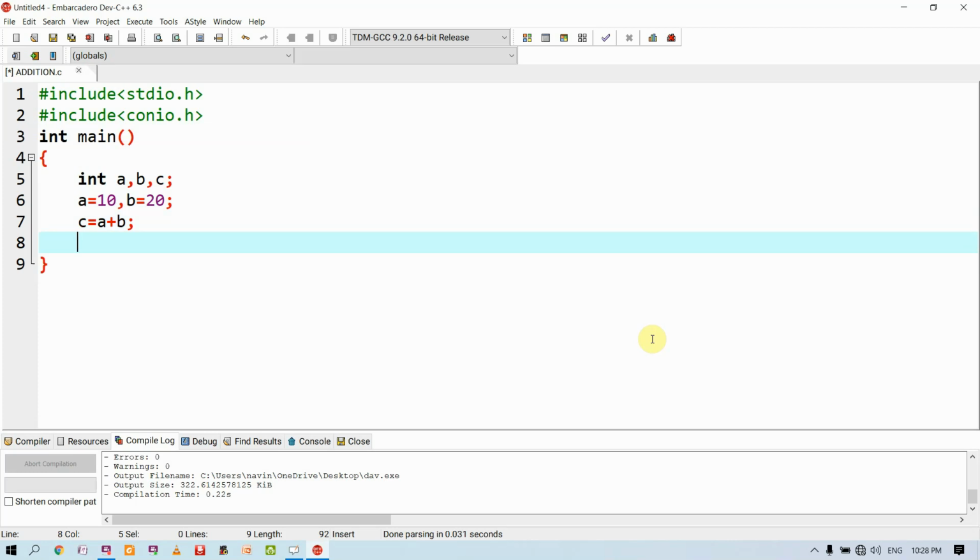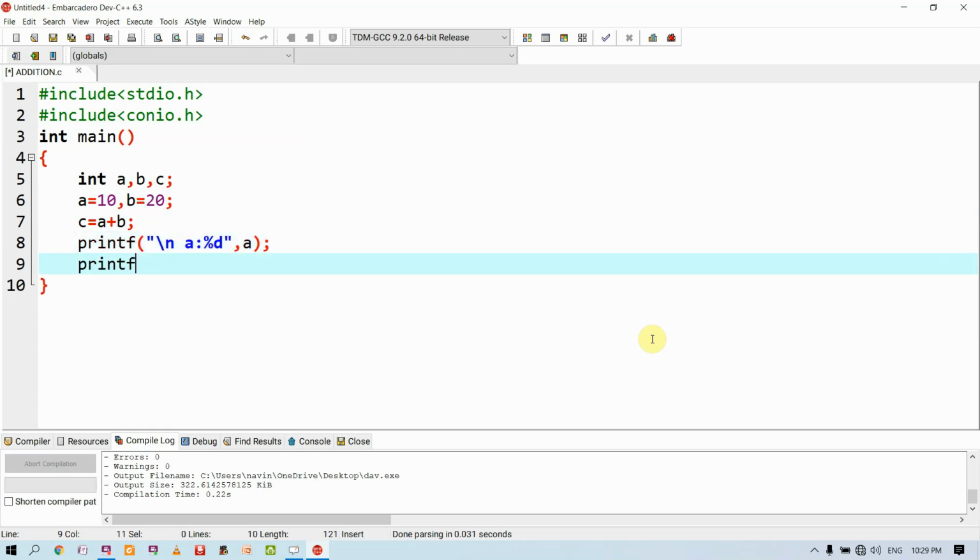I want to print the results after the calculations are performed, and the results are printed like this using the printf statement, the output statement, right? New line character, a will be %d comma a, printf, new line character, b will be %d.